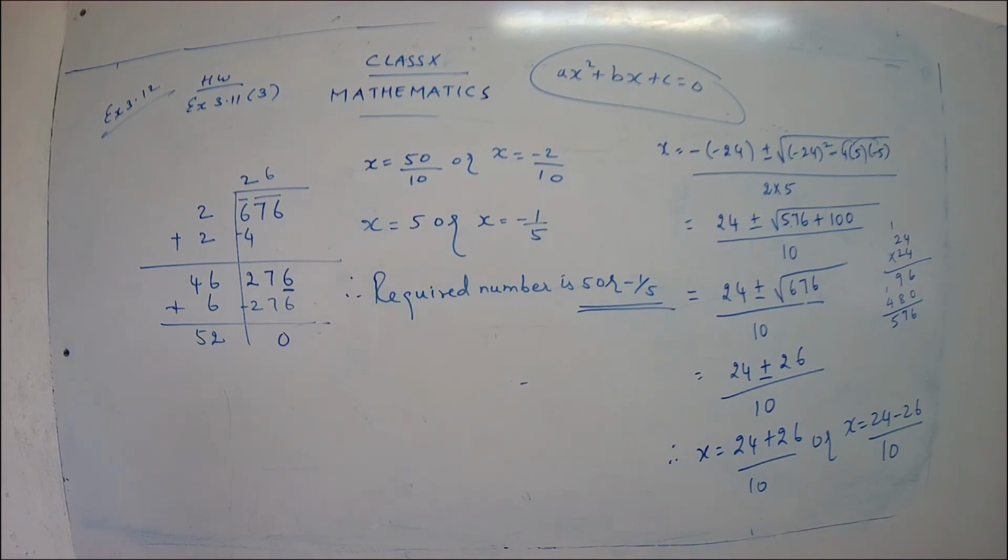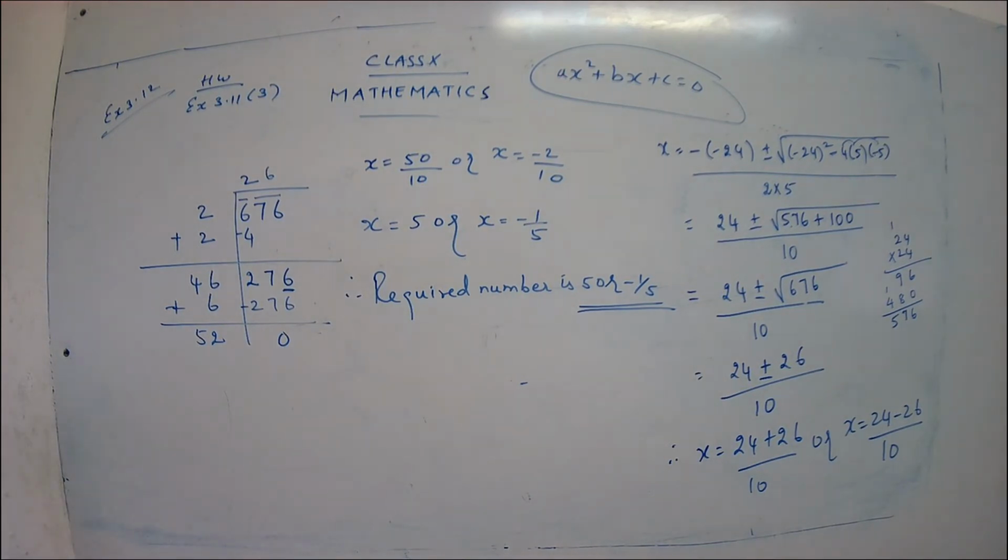Okay children, I would like you to give some assignments. We have completed 3.11. I have already given you one homework. Yes, one sum is a homework and you just get ready with your assignments. We may ask for assignments at any time, so you have to be ready with your assignments. Do not postpone your work. Whenever you get time, try to complete your assignments and keep them ready.